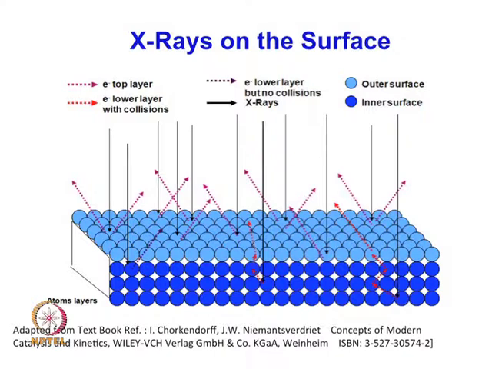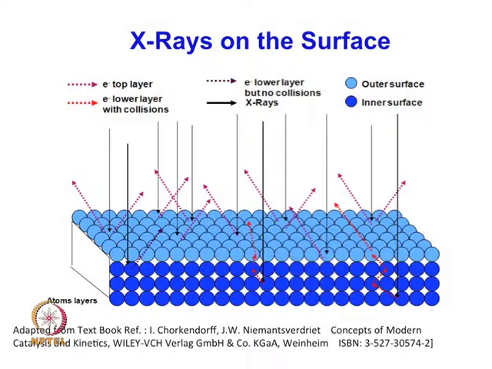So, these are the arrangements of the inner surface. They are colliding with different surfaces, so the energy will decrease, because they are colliding with the substrate, and part of the energy will be lost. This is the in-depth analysis you are getting. Sometimes this output energy may not be a significant number to give you any information.